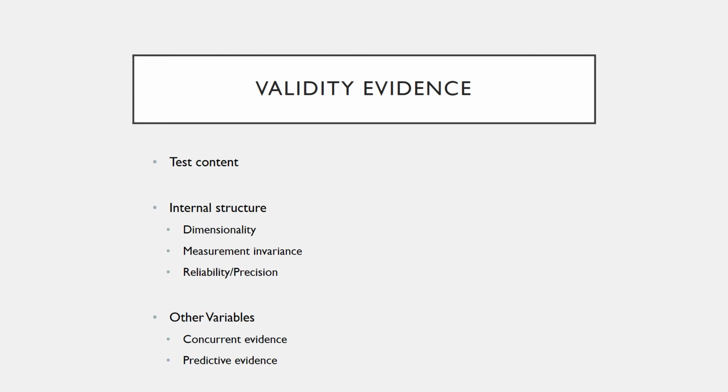So other evidence of validity includes several other areas of consideration. So one is the test content itself, right? What is in the instrument? So we have to make sure that the test content validity is there. That validity evidence exists. So we have to know, as we've discussed, that the content of the assessment aligns with the variables of the construct, right? So this idea that if we want to measure anxiety, the content needs to probably be built on the diagnostic criteria for anxiety. Same with depression.